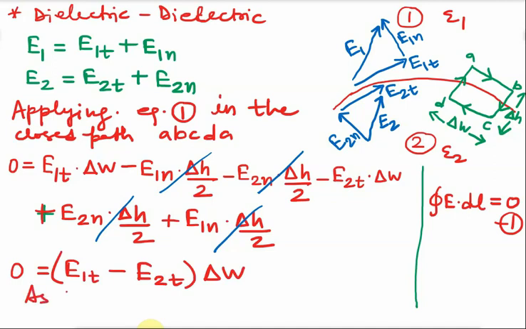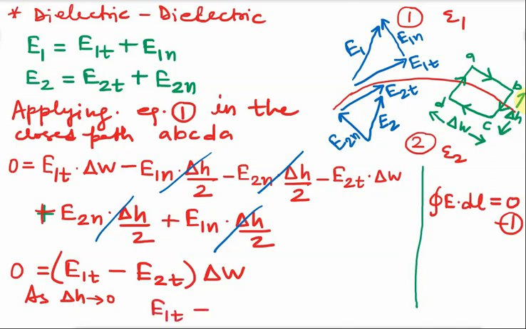As I have told you, this is a very elemental region, very small in size, so this del H can be considered tending to 0. Obviously, if we have to consider things at the boundary, at the boundary this height will be much smaller. So this del H is tending to 0, so this equation will be what?